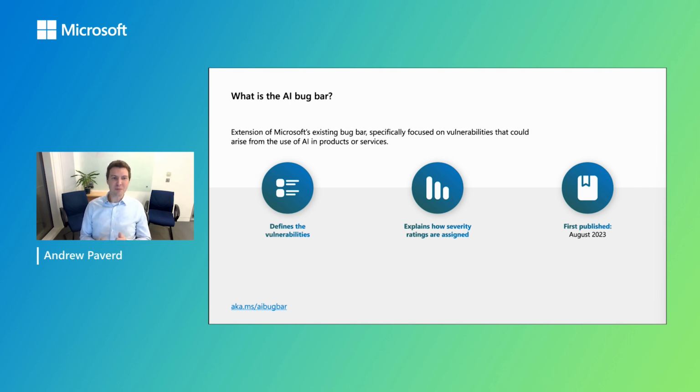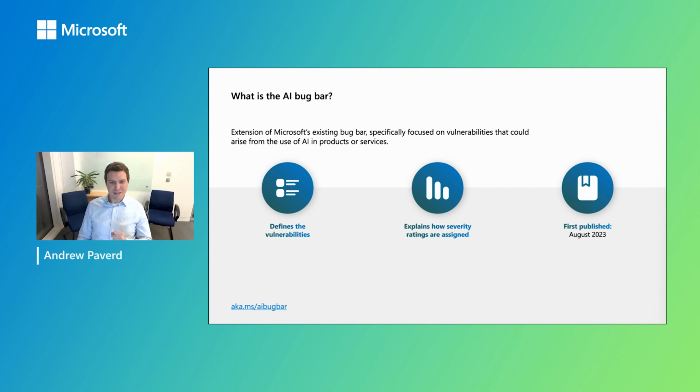So specifically, the bug bar defines the vulnerabilities themselves. What precisely do we mean by each of these vulnerability types? And we'll go into that in a lot more detail over the next 20 minutes. It also explains how we assign severities to these different vulnerabilities and what it means for something to be higher or lower severity. As I say here, this was first published back in August 2023, and we've actually updated it since then in June of this year, 2024. So all of this is public. You can find the details at